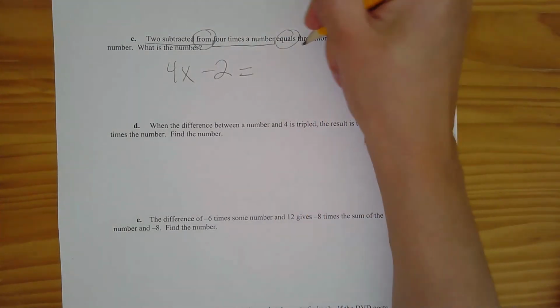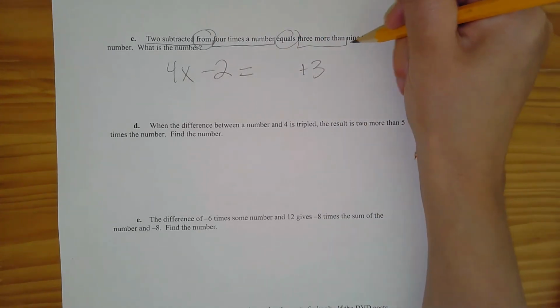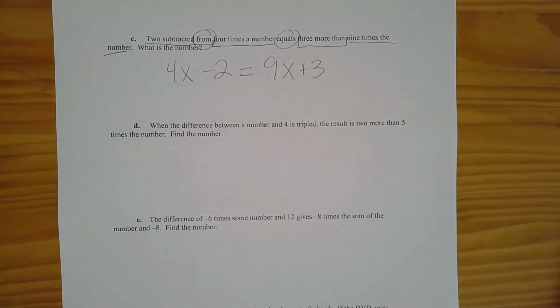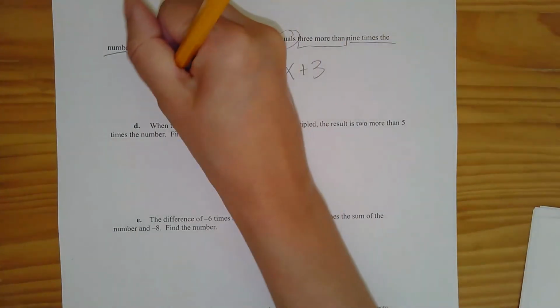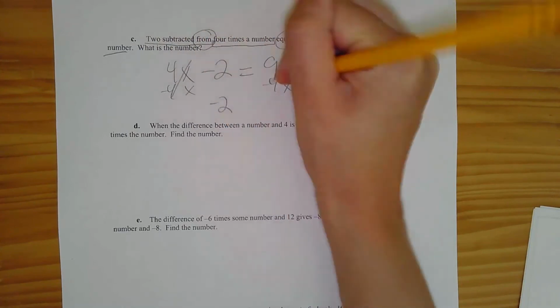3 more than, so now we've got a plus 3. 9 times the number, so that would be 9x. So this would be our equation. If you would like to solve it from here, I would probably subtract 4x from both sides to get all the x's together. So then we have negative 2